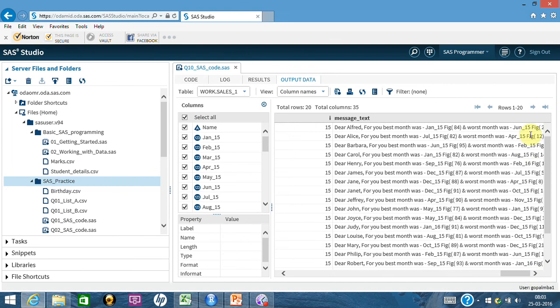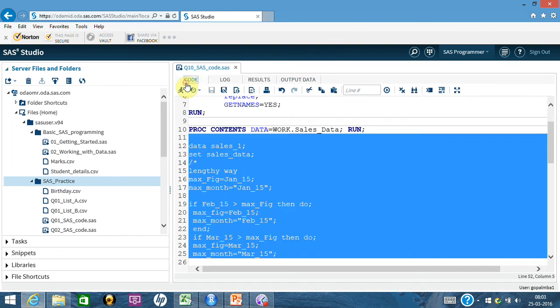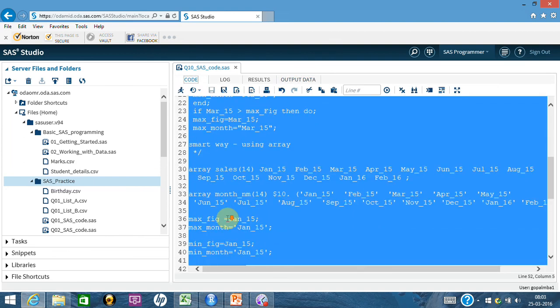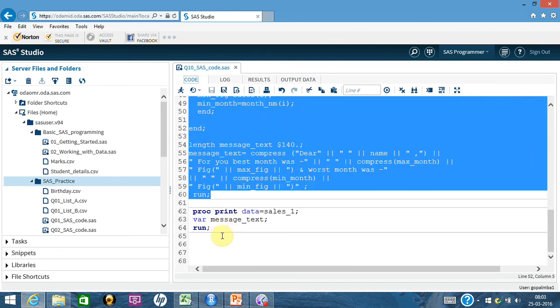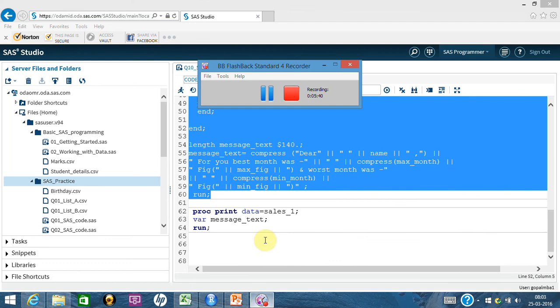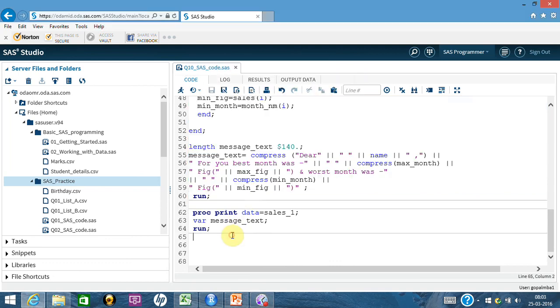Right now you are not able to see the message. It looks like it got truncated, so what is the way out? You just print that variable. So I am doing proc print data with this variable message text so that I can see that output properly.